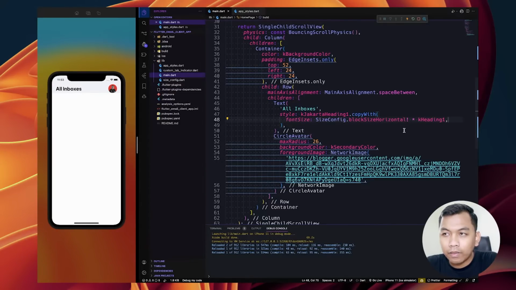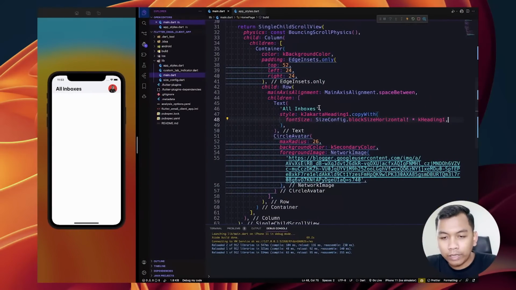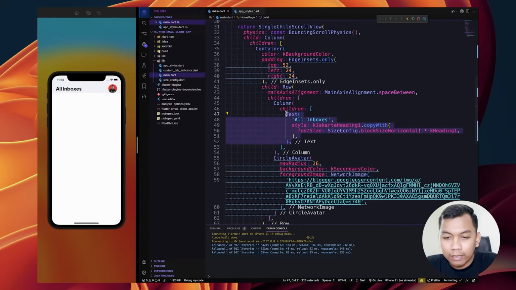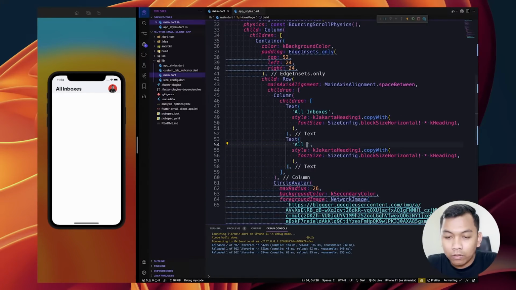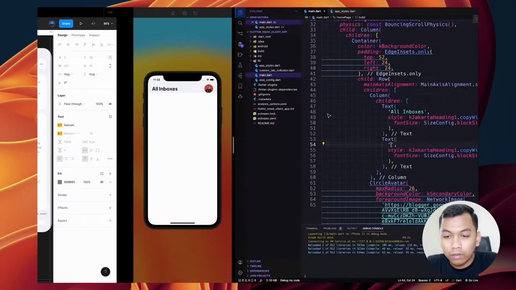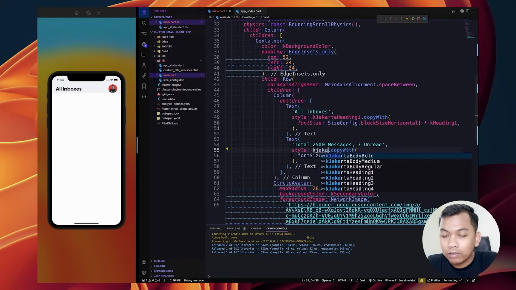and what we need to do, as you can see here, our text widget has another text below this text, so we need to wrap this text widget with column, and we need to duplicate this, and also just copy and paste here, and we need to change the style to K Jakarta body medium and K body 1.